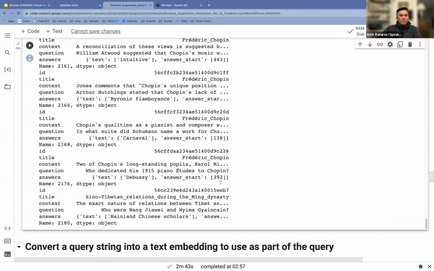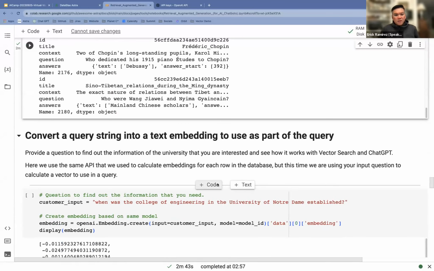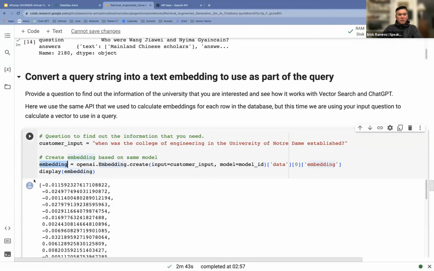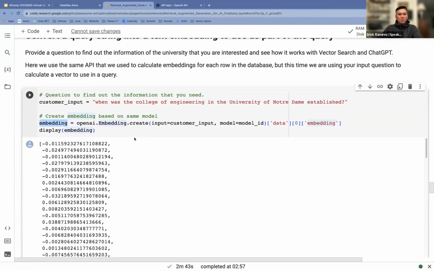Okay, and now here's the fun part. This is the bit where we're building a chatbot. As a user, this is the question that's being asked: When was the College of Engineering in the University of Notre Dame established? We need to generate an embedding for this question, so we make another OpenAI API call to create the embedding against this customer input.